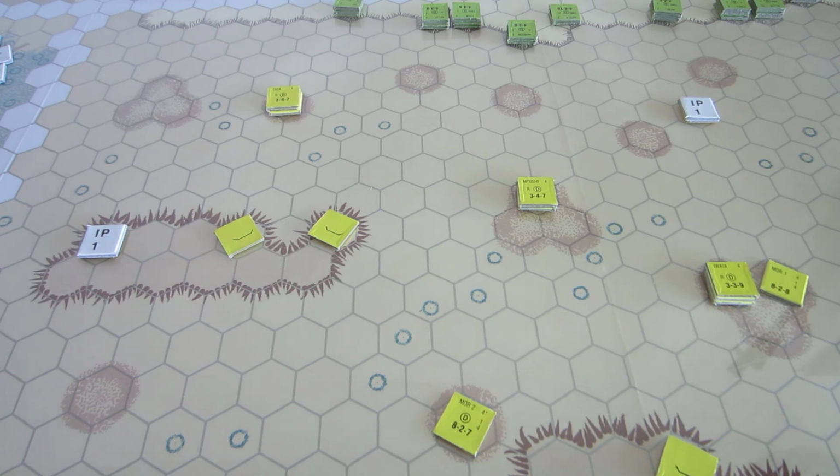Mortars, the Japanese have a couple mortars. We'll play with those. Flamethrowers, the Americans I think have 1 flamethrower, so we'll be playing with flamethrowers. Mines,